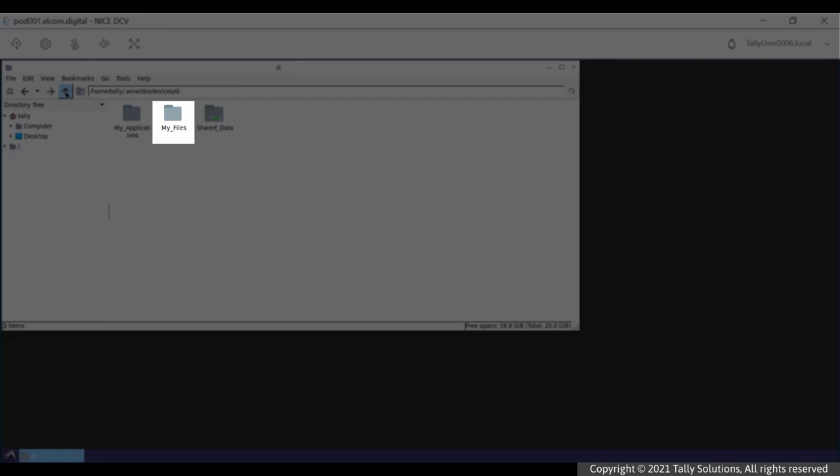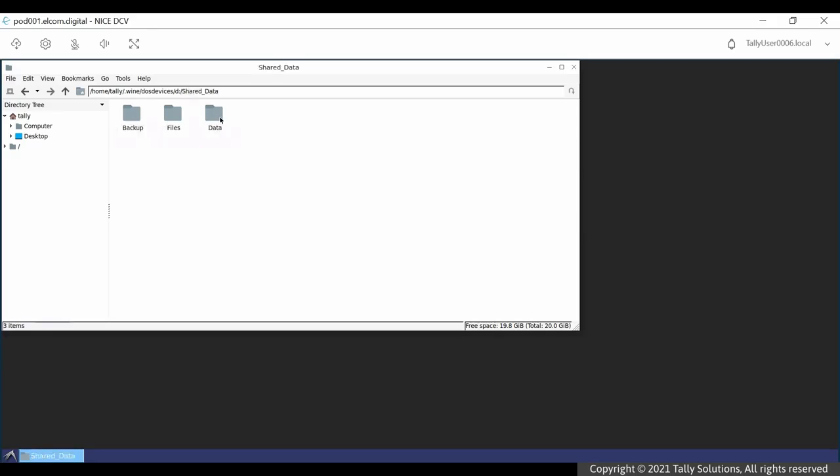You can store all your files and data that you do not wish to share with anyone in this folder, and it also acts as default folder for import and export. Shared Data folder allows you to share files with other users in your multi-user virtual machine. Such users will not have access to My Application or My Files folder contents.